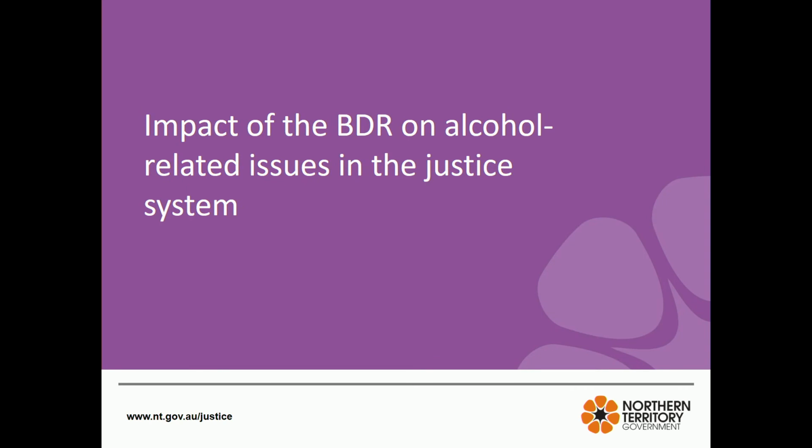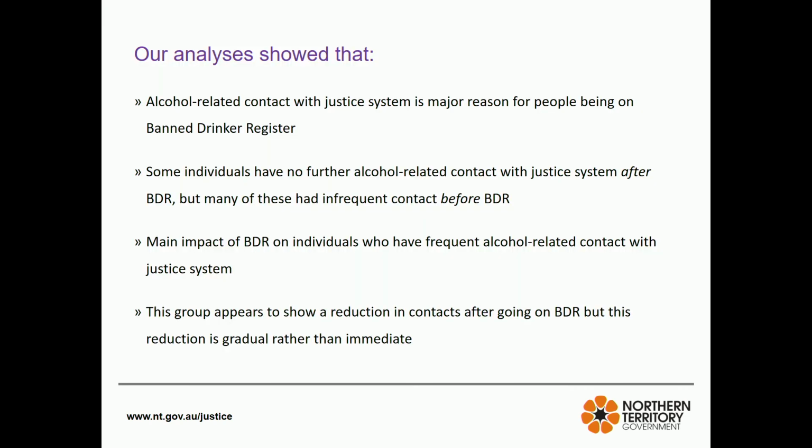Okay, so bringing this all together. The analysis showed that alcohol-related contact with the justice system is the main reason for people being on the banned drinker register. And while some individuals have no further alcohol-related contact with the justice system afterwards, a lot of these individuals had very infrequent contact beforehand. That's really important in the context of it, because without looking at what happened beforehand, we could have interpreted what happened afterwards in the incorrect way. So that